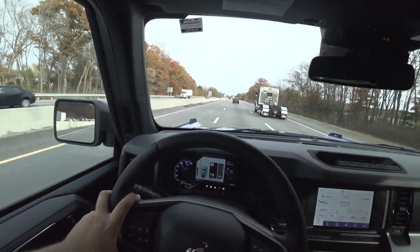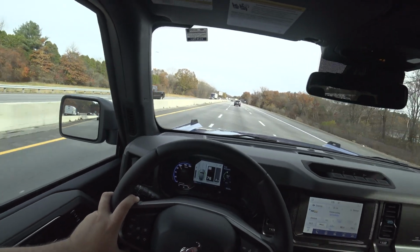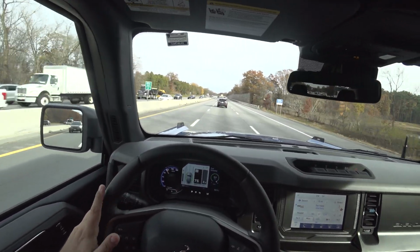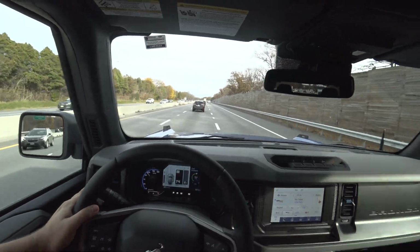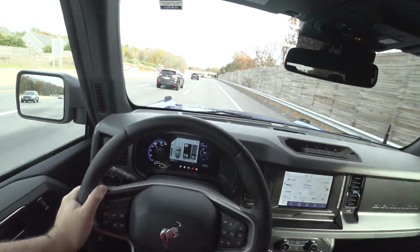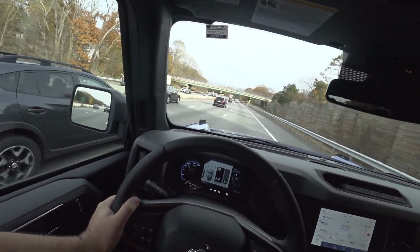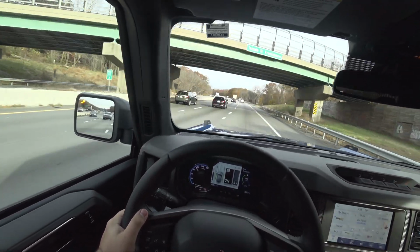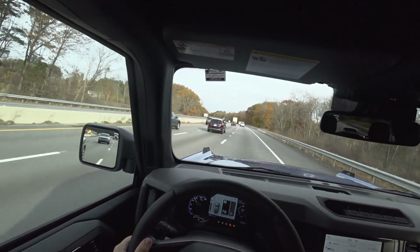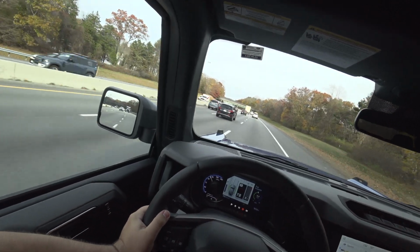Moving with the flow of traffic, yeah, there's a lot of wind noise, but that's a give and take with being able to just take the whole roof off of this thing. And I will be honest, the Wrangler was not much better. One thing that this does a lot better than the Wrangler too is it doesn't wander around. Yeah, it will move a little bit, but I don't have to constantly make little adjustments. Nope, I can be nice and calm just driving it. That was huge for me because obviously before today, I never drove a Bronco over 40 miles an hour,